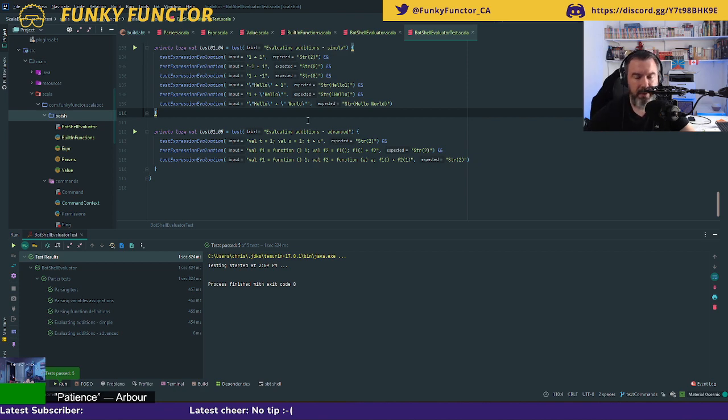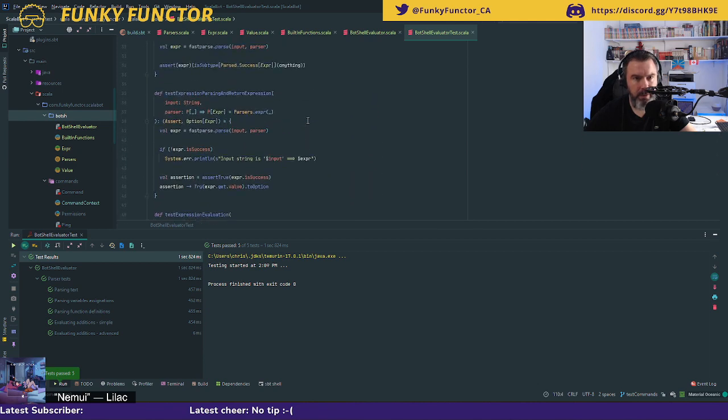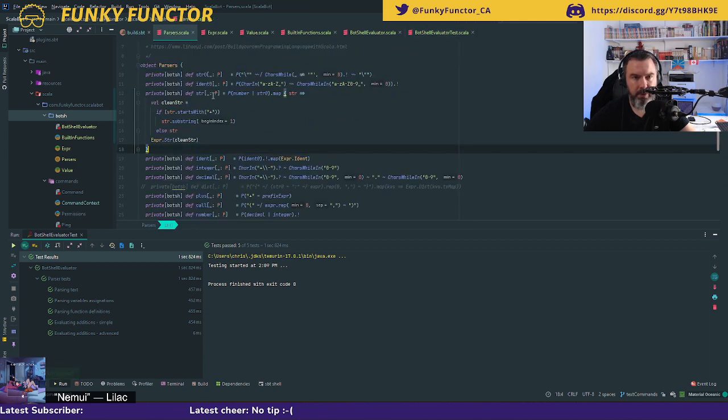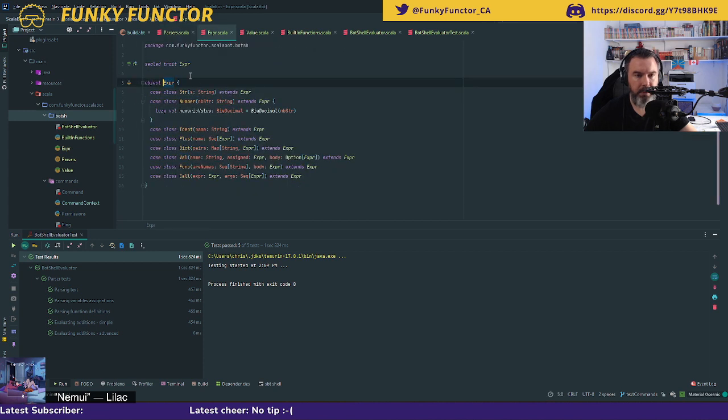All right. So as I said, I need to change my parser so that this ugly thing is not there anymore. So I'm going to move it to a separate place like that. This is in XPR. XPR contains all of my case classes that I use to represent my abstract syntax tree.